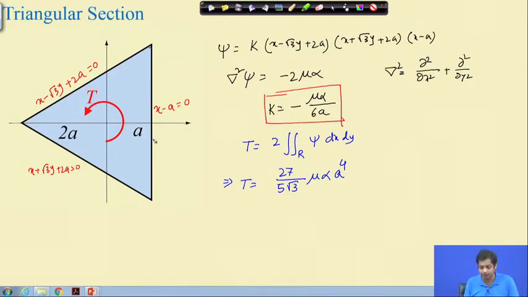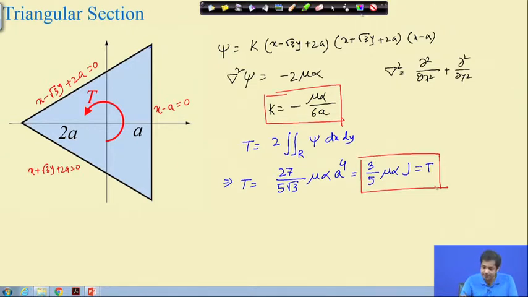3a is the height of this equilateral triangle. Now, this essentially becomes 3 by 5 mu alpha, then J. J is where this is equal to torsion T. So, this is the equation,